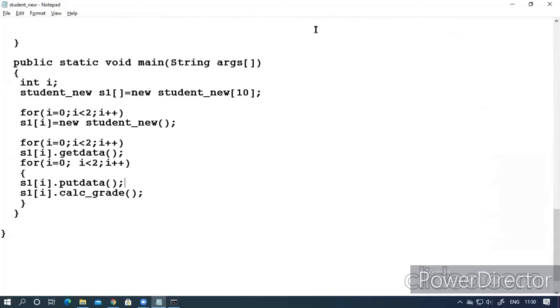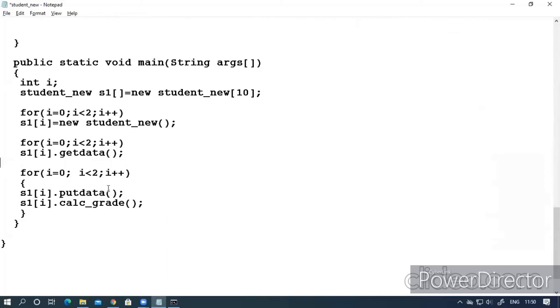Now the other thing is, what if I want to search a record. In this case, whatever the data I am inputting, 2 records' data, I will input 10 also, but it will display all the data. So now the searching concept will come. So here you have to implement linear search or binary search. Both searches can be implemented, but you have to remember where we have to implement linear search and where we have to implement binary search.